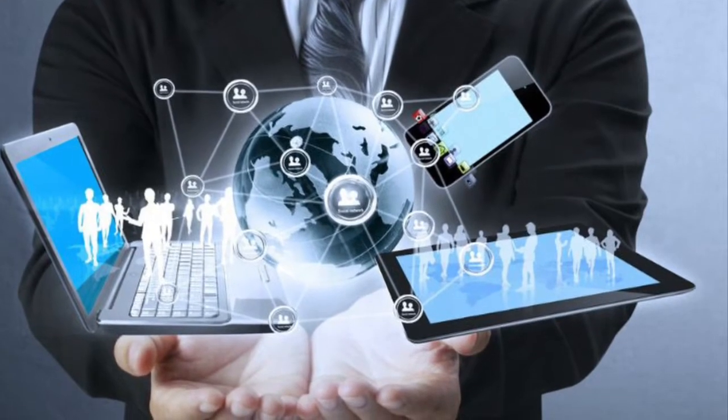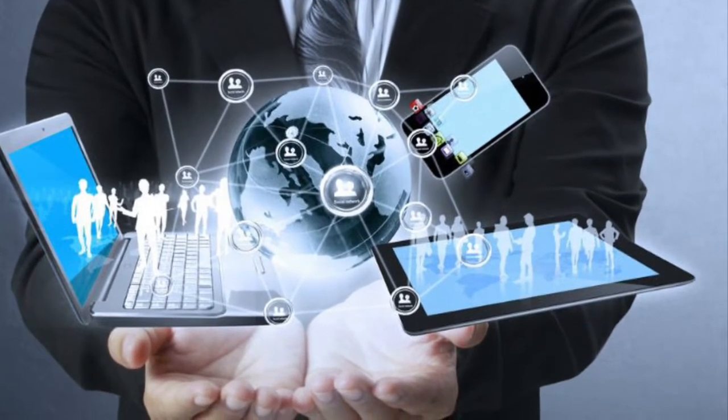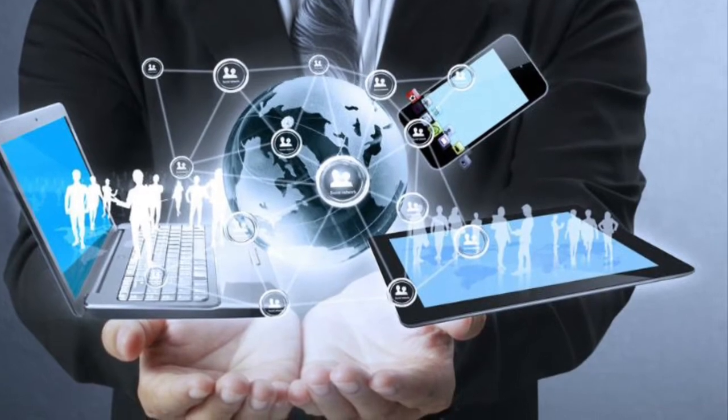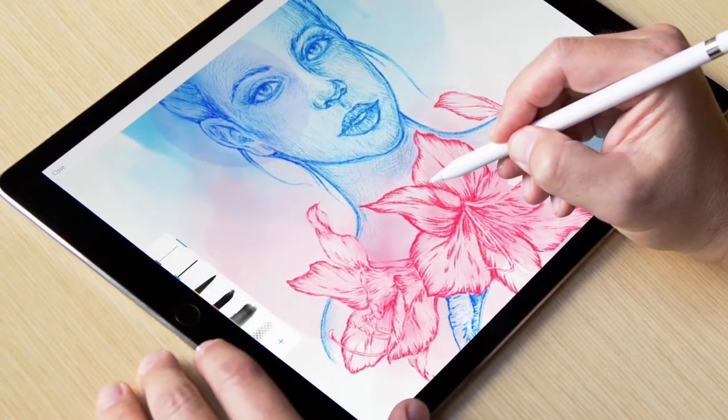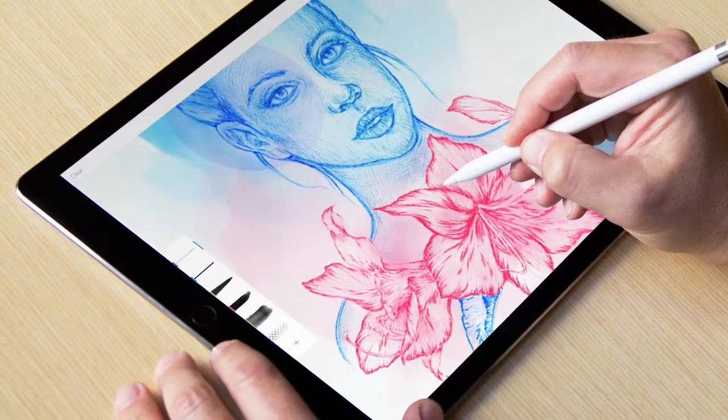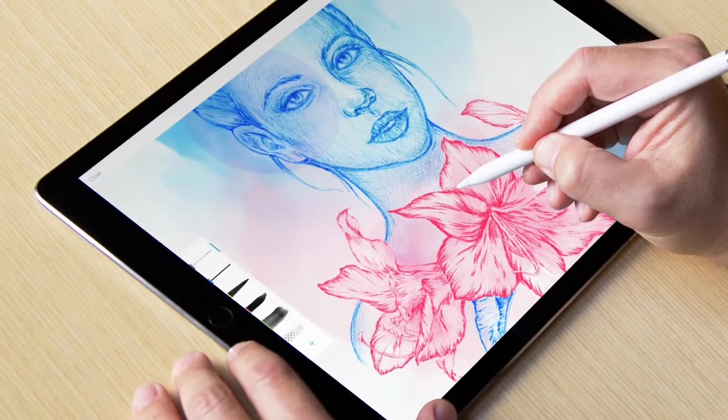You're going to be using technology for the rest of your life. In fact, you're going to be using technology that doesn't even exist today. So think about your future in technology. It is so important that you develop your digital skills, so I am using this exercise today to help you